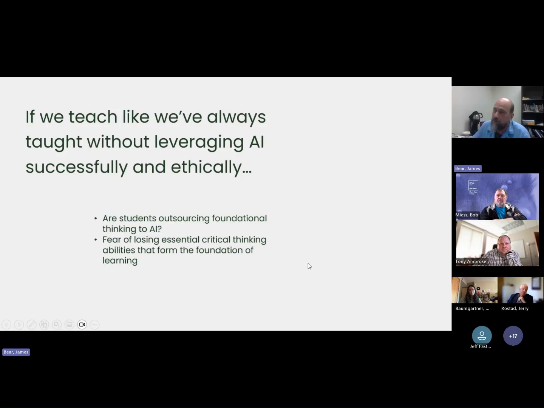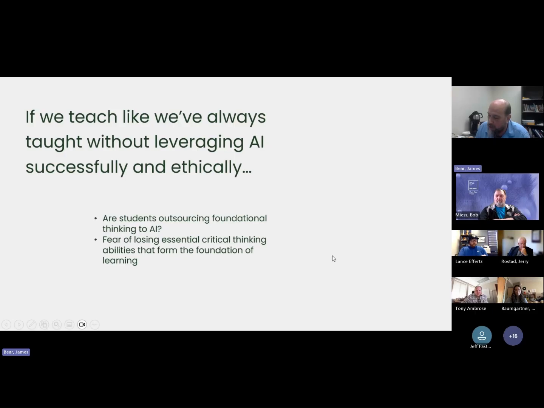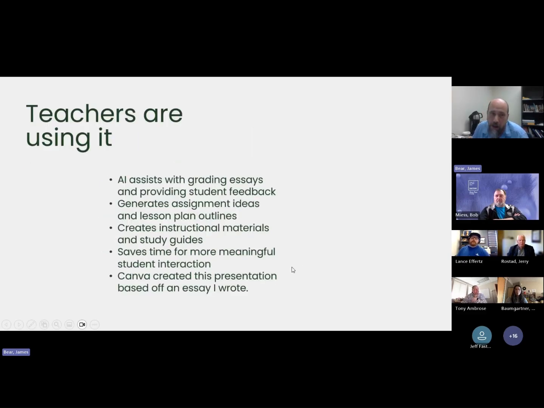And so for me, when I talk to my students, the thing that we don't want to do is we want to make certain that foundational thinking of our students doesn't disappear with the use of AI, because we want them to continue to think critically. And I think they can. I know there's research indicating that students do lose their critical thinking through the use of AI, but that comes down to how we're leveraging AI, I believe.